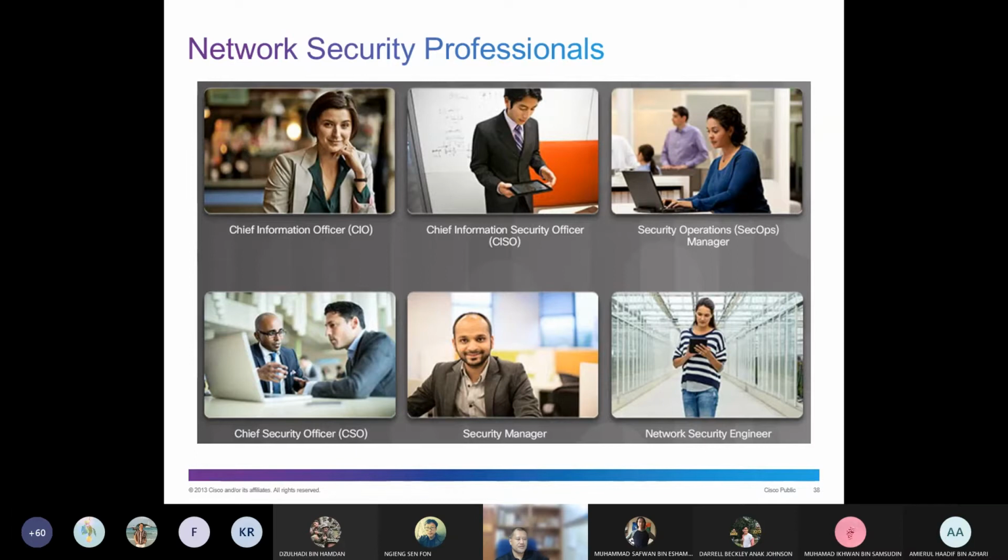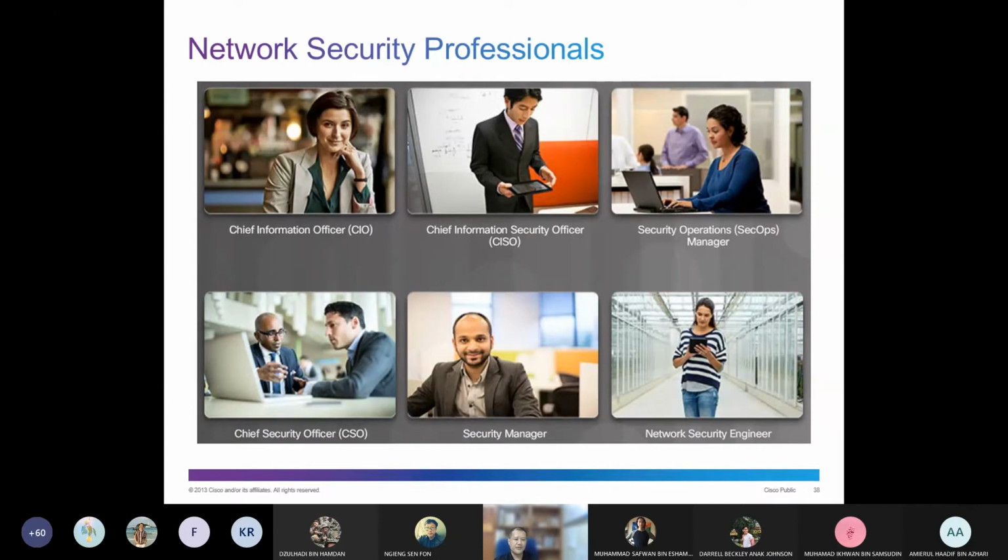So basically, network security is what I call part of cyber security, right? And then cyber security is actually part of information security. So basically, we have information security, part of it is cyber security, and inside cyber security, one of them is network security. Okay, to become a good defender against attacks,